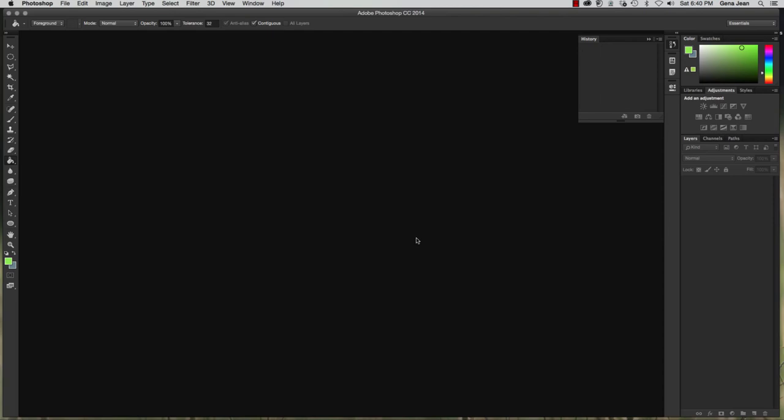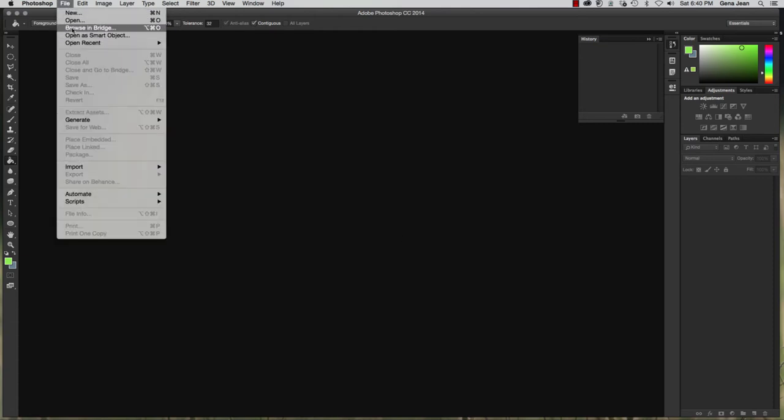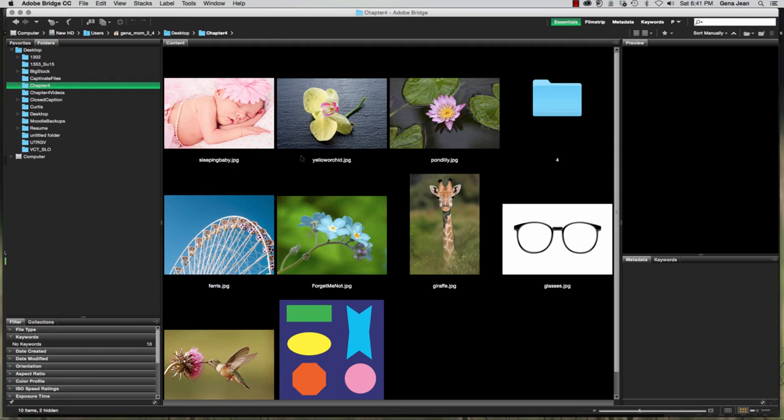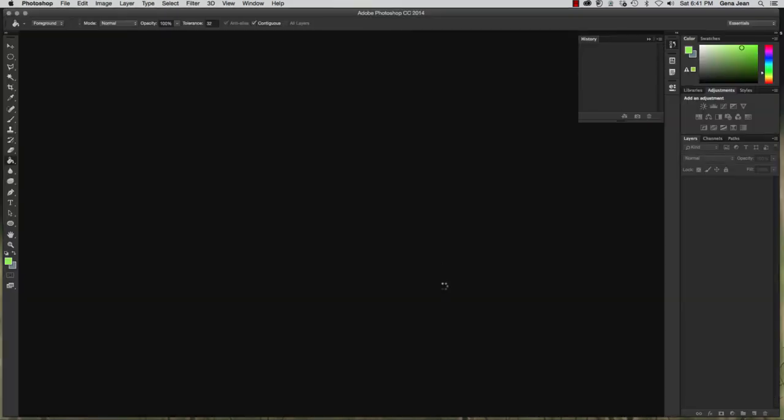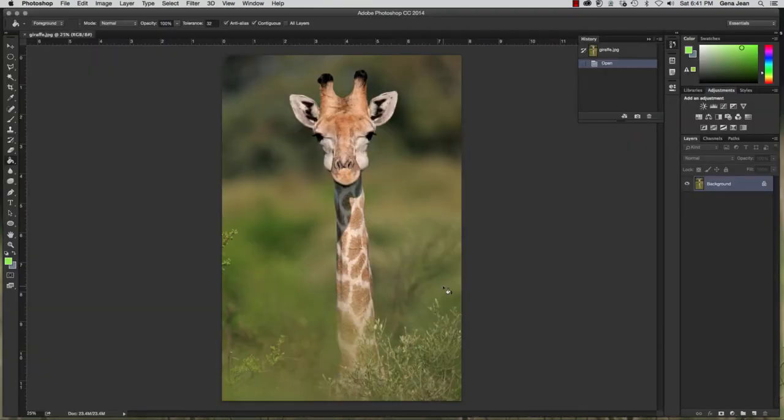Creative Cloud 2014 has a new option for making a selection, and that is through focal range. So go to Bridge, so File, Browse in Bridge, select the giraffe JPEG, and go ahead and duplicate that background layer. Now rename the layer